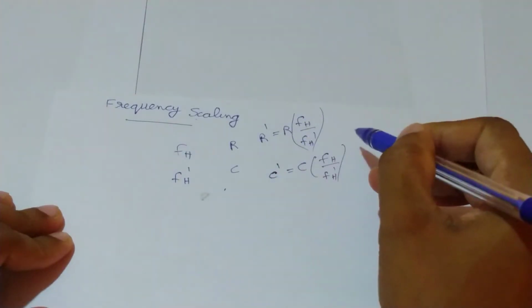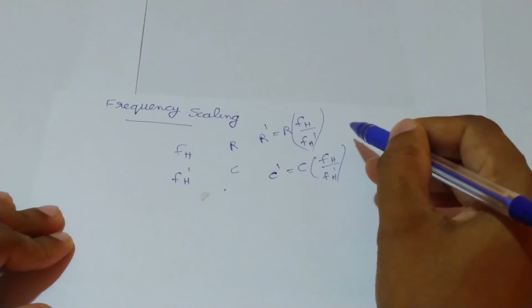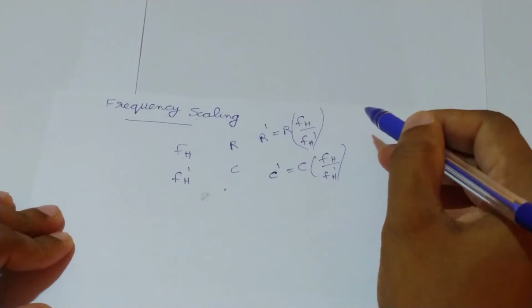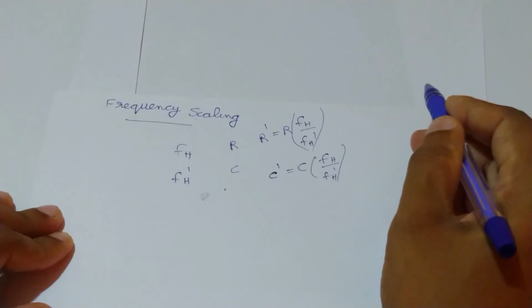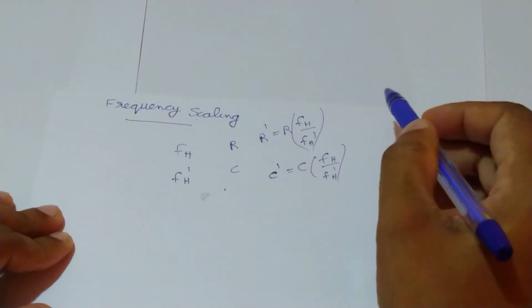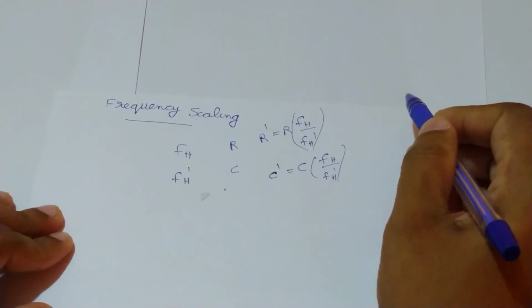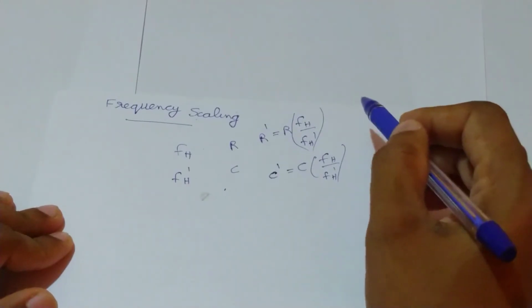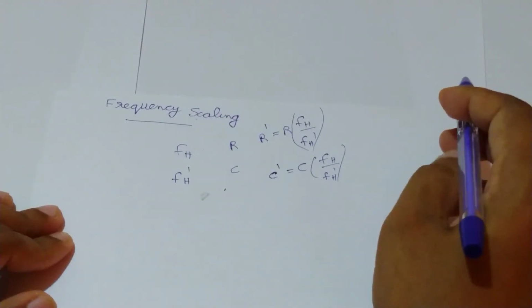Then in filter design the needed values of R and C are often not standard. Also, a variable capacitor C is not commonly used. Therefore, we will choose a standard value of capacitor and then calculate the value of resistor for a desired cutoff frequency. This is because for a non-standard value of resistor, a potentiometer can be used.